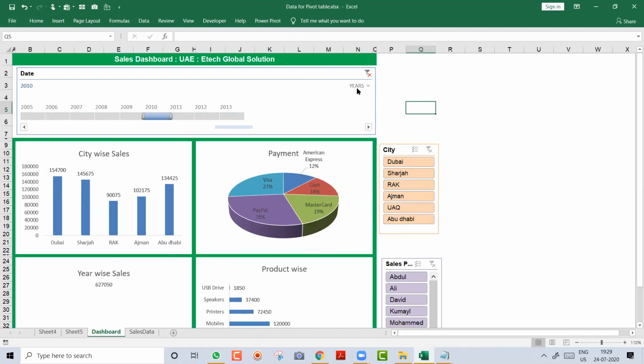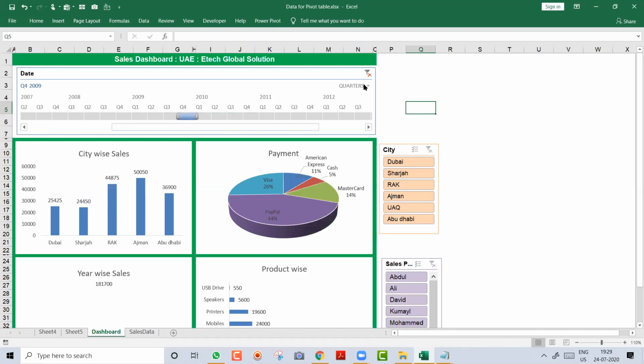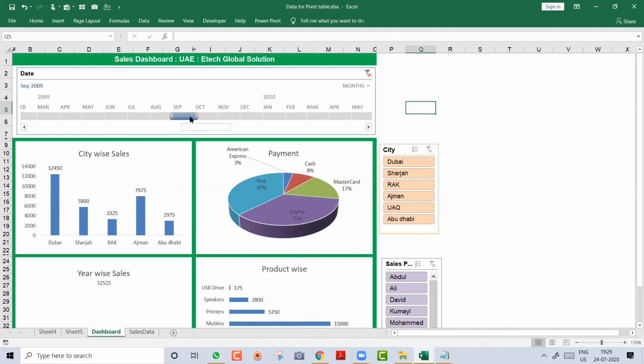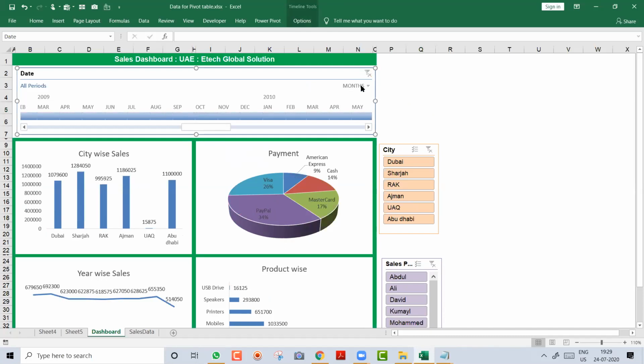In fact, when you click on this year and when you click on quarters, you will see each year, each quarter. Can you see this in detail? This is amazing. Again, I click on it and I click on months. And again, you will see each year, each month. This is really amazing. You have to spend half an hour, 1 hour on your report. But once you make it, this will be an awesome report. You can give it to your management. But for this, you have to practice.